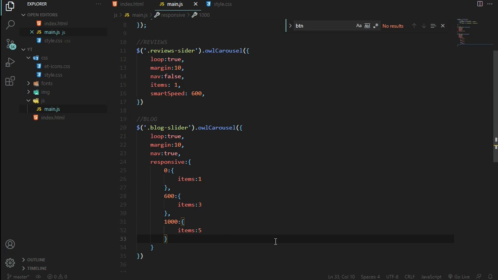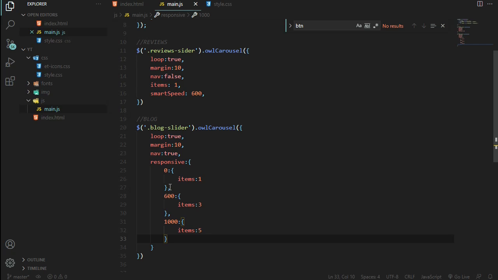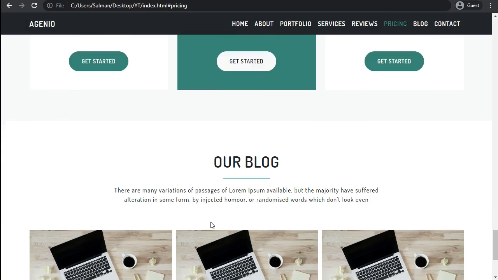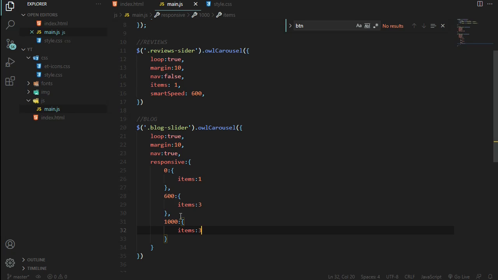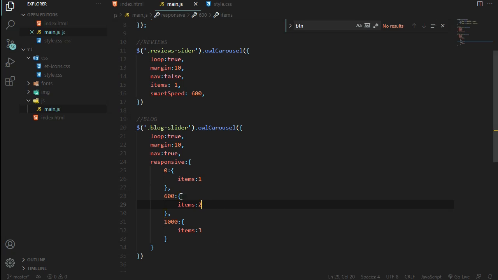So we can just define, at this breakpoint I want to display like 3 items. Okay, and at this I want to display 2 items. Okay, and at 0 I want to display only 1 item,